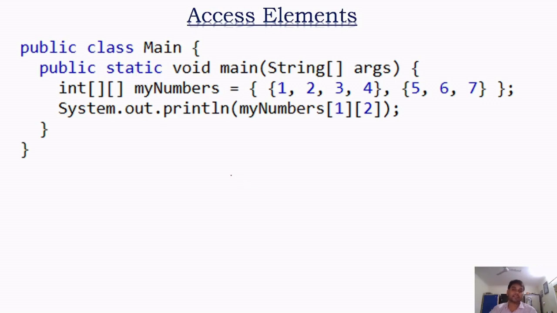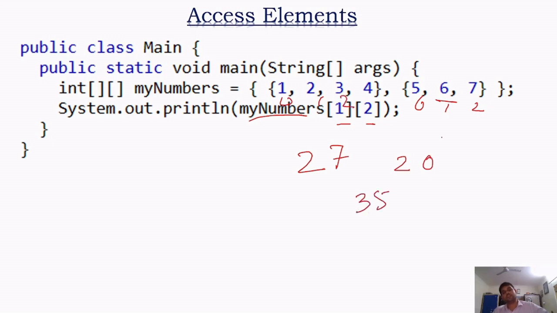अभी उसमें एक्सेस कैसे करेंगे? जैसे यहाँ पे myNumbers में दो अरेज हैं: 1 2 3 4 एक अरे है, 5 6 7 एक अरे है। हमें फर्स्ट अरे से कुछ वैल्यू चाहिए, सेकंड अरे से कुछ वैल्यू चाहिए। यहाँ पे लिखा है myNumbers[1][2], 1 का मतलब है 0 1 मतलब दूसरा अरे, 2 का मतलब है 0 1 2, यानी 7। ओके, सो अगर यहाँ पे होता [0][1], तो आंसर क्या होता? 0 1 2 3 4 में 2।